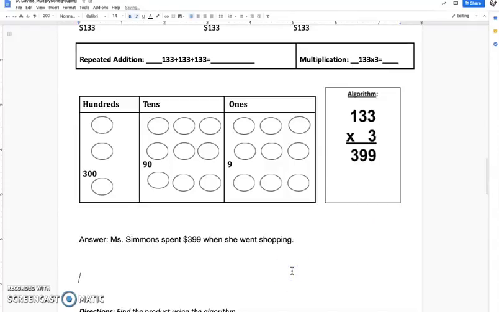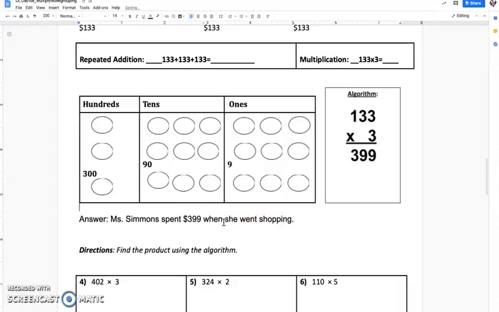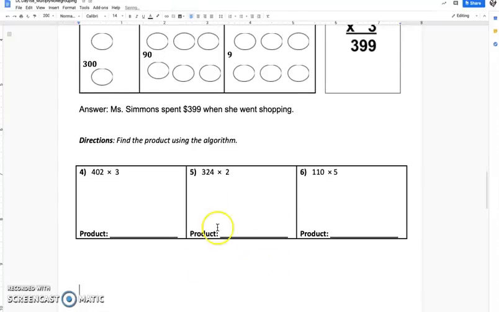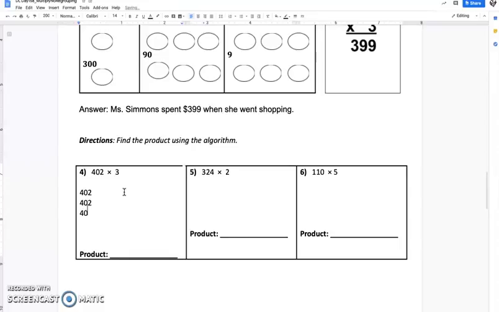All right, let's keep it moving. And for the next portion of today's work, they want us to find the product using the algorithm. So we're going to do it as easy as possible. So we're going to do it as repeated addition. So 402 plus 402 plus 402 gives us a total of, let me underline that,